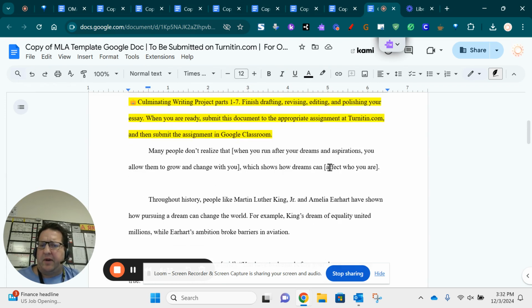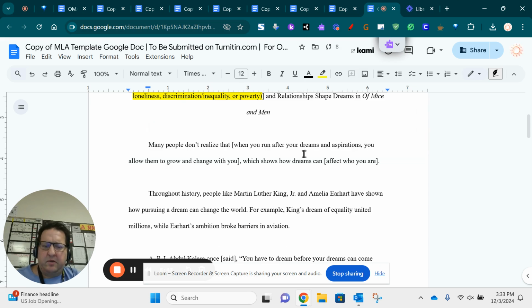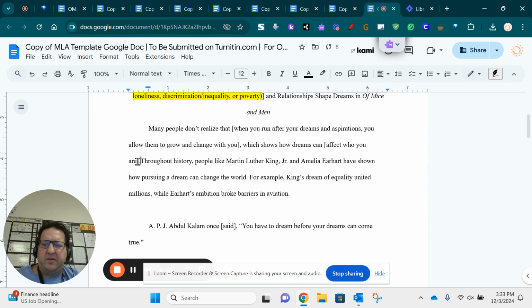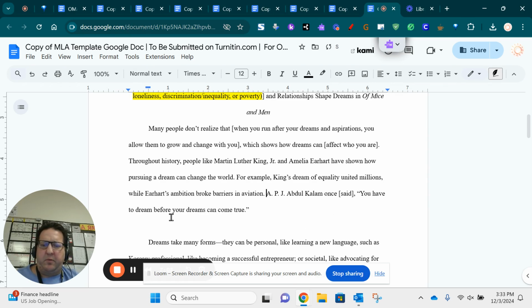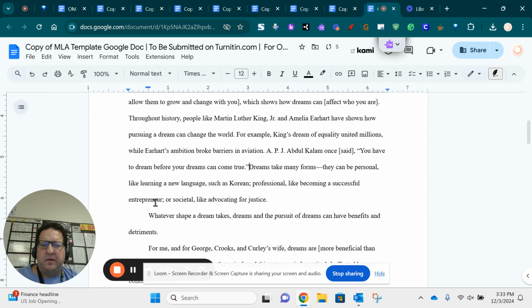Now it's not all together. I'm going to have to do some work to sew it together, right? At this point, I'm going to go ahead and get rid of this part where it just tells you essentially what you're doing with this document. And there we go. I'm not going to worry about brackets or anything there, but I do want to make sure that I don't just start pasting everything in and lose track of what goes with what paragraph. So I'm going to back it up. I'm going to tie all these individual pieces together.